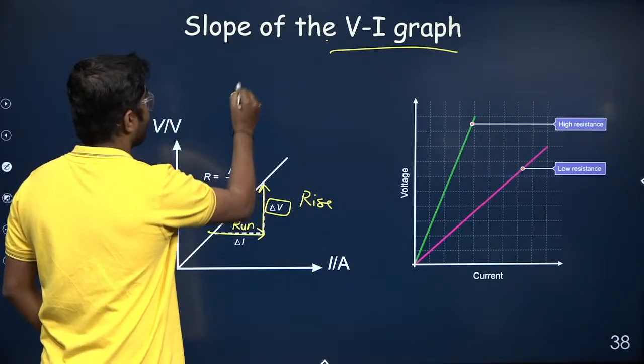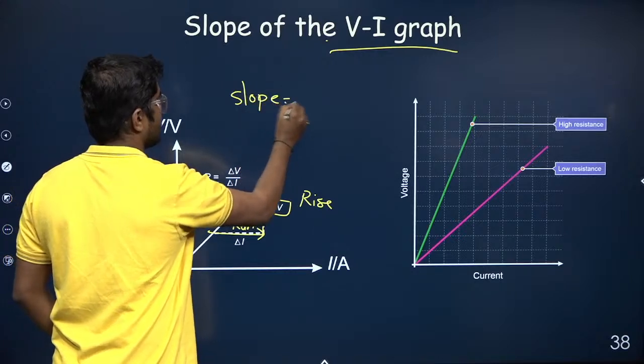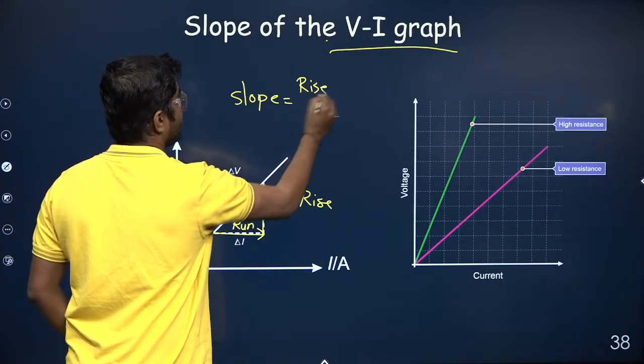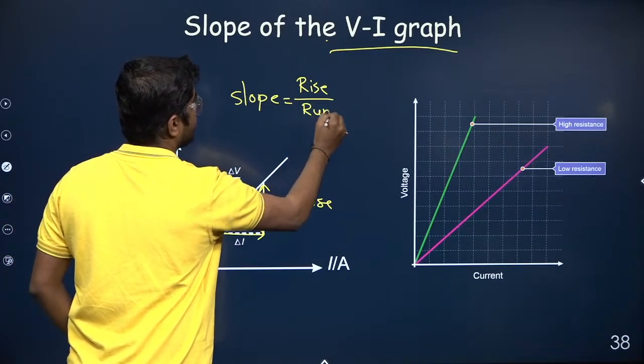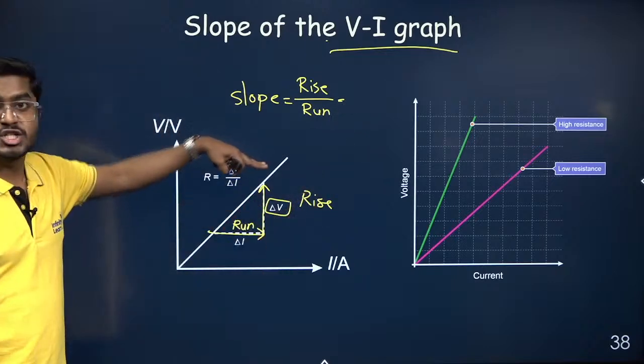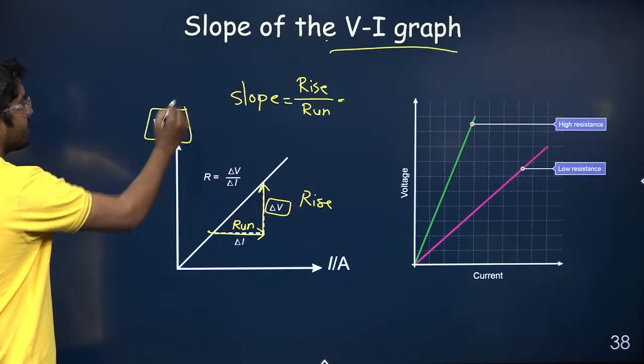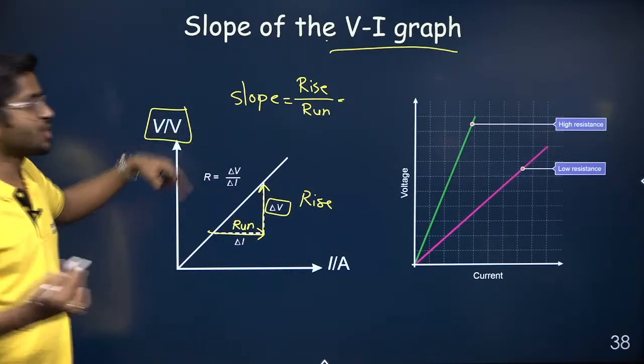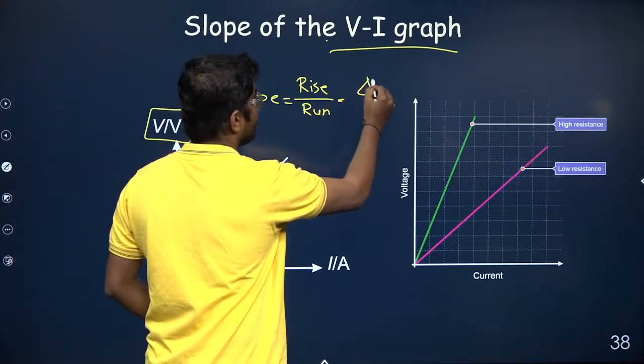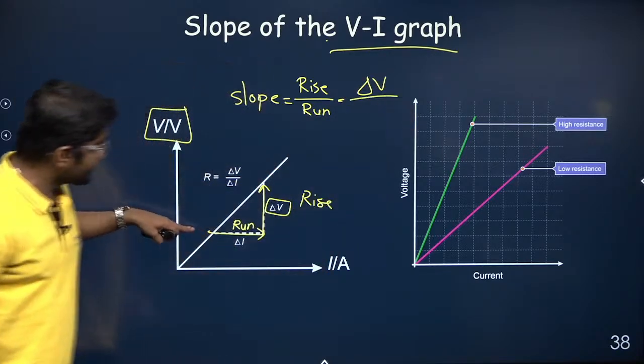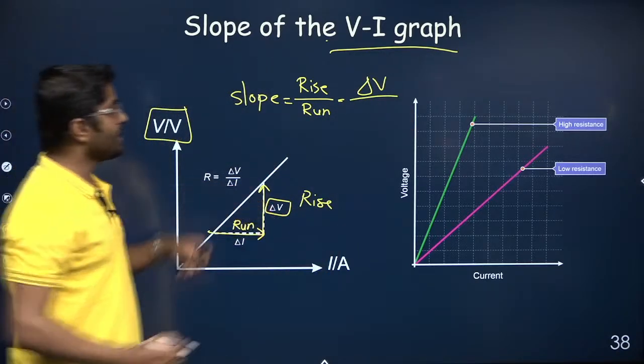So the slope is given as rise divided by run, correct? So what is rise? Rise is a change in the y coordinate. So what is the y coordinate? Voltage. So change in the voltage or the potential difference. And what is the run? Change in the current,